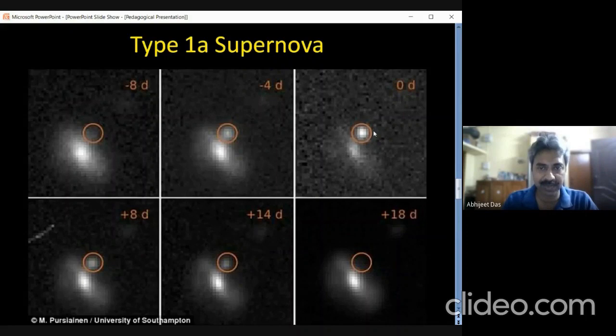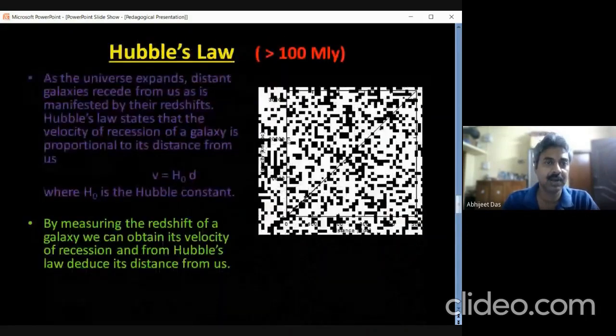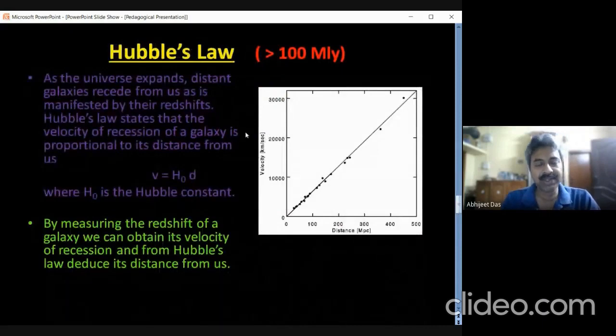So by measuring this peak luminosity, we can find out how distant it is. Okay, so up to this distance, we can use these standard candles. Now, beyond this, the standard candles are no longer applicable, and